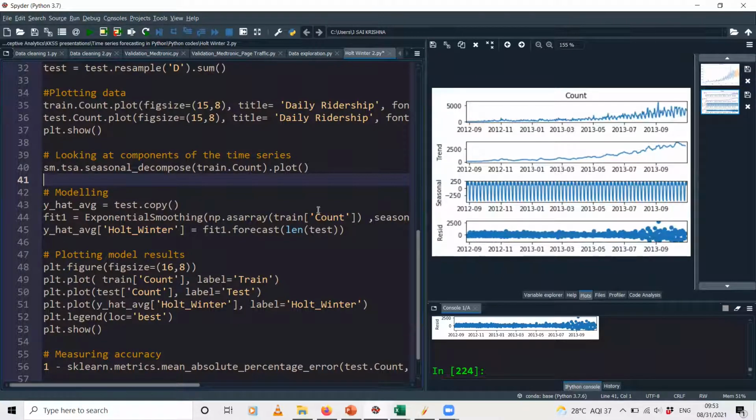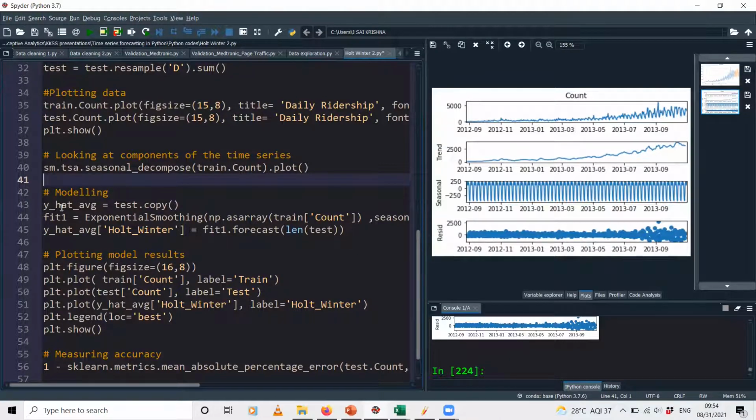Okay. Now, once you know that your data has the trend, seasonal and residual components, if you want to use a technique such as ARIMA, you need to make this data stationary. This particular data is not stationary because it has the trend and seasonal components. But today we will not be looking into ARIMA. Maybe we can look at it in a different session. Today we will be using the exponential smoothing method, which automatically accounts for the trend and seasonal components in the data. So I'm not going to perform that extra step to make the data stationary. I will just directly proceed to the modeling phase.